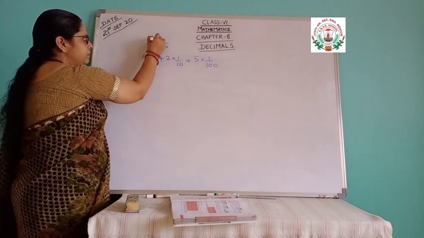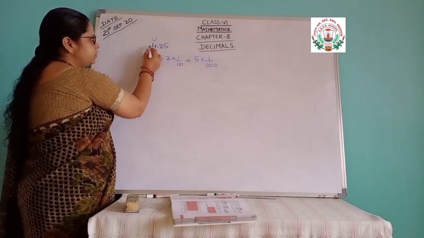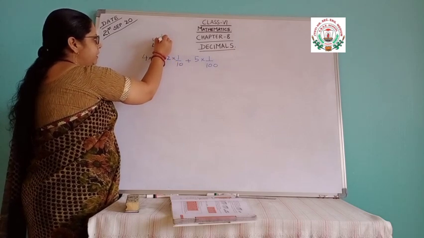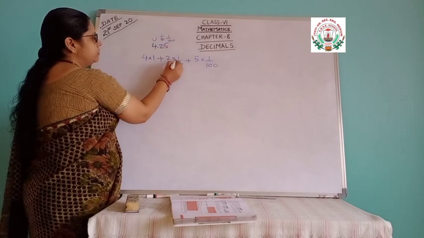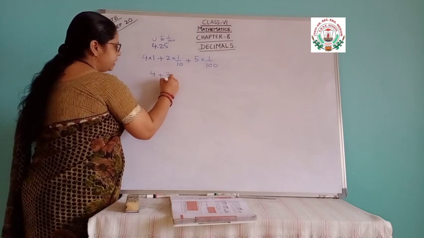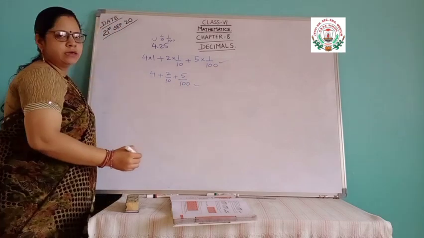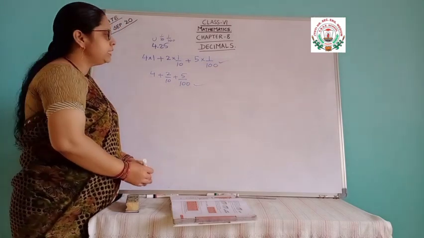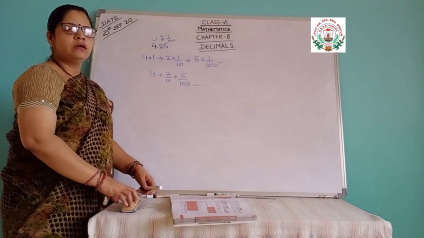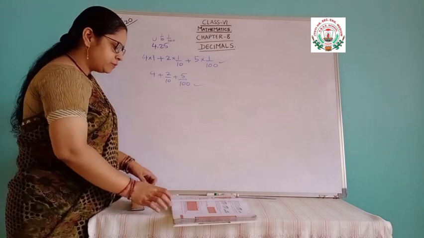It is the unit portion. The left side of the decimal is the whole number part, that is the units portion, meaning into 1. This is the right side of the decimal. That is 1/10 it will be, and here 1/100. So it will be 4 plus 2/10 plus 5/100. So both are correct. This is called the expanded form of the decimal number. So this expansion of a decimal number is clear. The left side is the whole number part, and the right side is the decimal part. So this is the expansion of decimals.